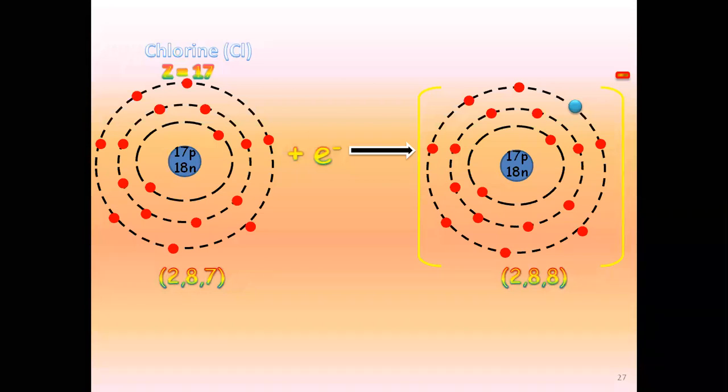Come on, repeat after me. After donating, they get a positive charge. After accepting, they get a negative charge. How to remember? The ones who donate are always nice, right? So we give them positive charge. जो पूरा दिन मांगता है हमसे, हमको अच्छा नहीं लगता है, so we give them a negative charge. So after donating, when they get a positive charge, they are called positively charged ions, called cations. What are they called? Cations. Getting my point, everyone?